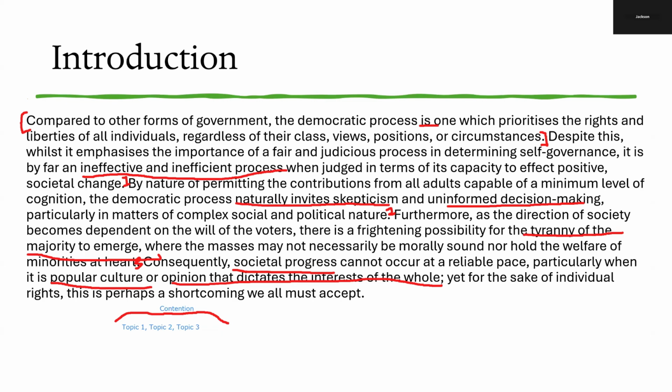Now, in terms of content, one of the strengths is, of course, the clear definition of the key theme. Always in the first sentence, try to provide your own definition of the key idea to show that you've engaged with the prompt and show your understanding of what the actual keywords mean. And the other thing here is in this contention here, if I might use a different color, this contention here, from here to here, this is a contention that extends beyond simple agreement and disagreement. What do I mean by this? If we go back to the topics,